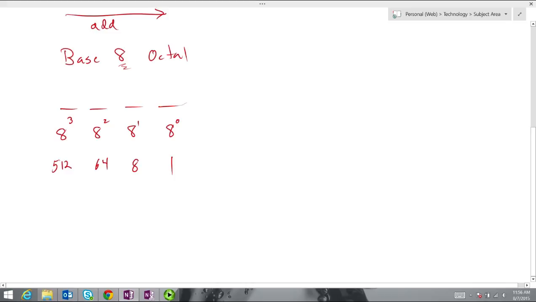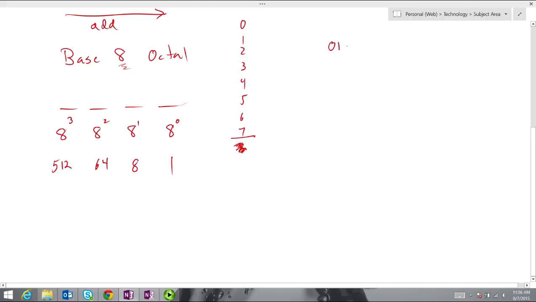So that means I could have an octal number. And remember, octal's base 8. So the symbols I'm allowed to use are 0, 1, 2, 3, 4, 5, 6, 7, 8. Whoops. There, I just made a mistake. I'm not allowed to go to 8. That would be a ninth symbol. So I have to stop at 7. Okay, so that means I could represent a number like